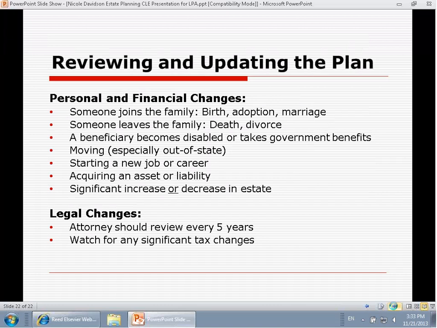As far as attorney reviews, I tell my clients at least every 5 years, check in with me, let me know how things are going, and I'll let you know if there have been any big legal changes. And we'll just keep watching out for any big tax changes. We're certainly not expecting them, but one